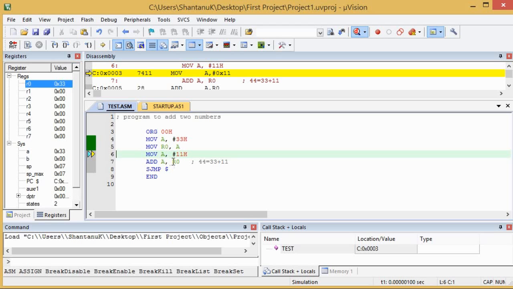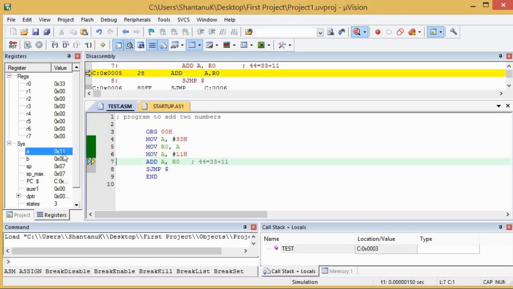Now the next instruction is MOV A, #11h. You can observe that the content of A is 33. When I press this button, the content of A will become 11 because of execution of this instruction, that is, MOV A, 11h. Then ADD A, R0. The content of R0 is 33, the content of the accumulator is 11.